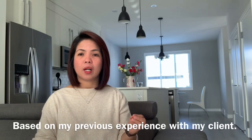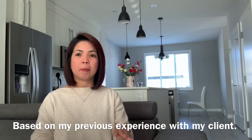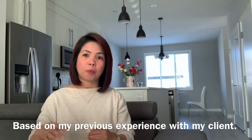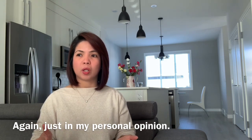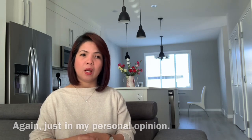Kasi may mga sitwasyon na nagbayad na ng inspection fee, napa-inspect na yung bahay, and then suddenly may problema pala yung CMHC dun sa property na binibili nila, o may record sa CMHC yung property na binibili nila at hindi siya na-approve ng CMHC. So that is just one example na bakit towards the end dapat gawin yung inspection at hindi within that period of getting the financing. Okay? So, once na nagawa na yung inspection at everything is good to go, then pwede na tayo mag-move on